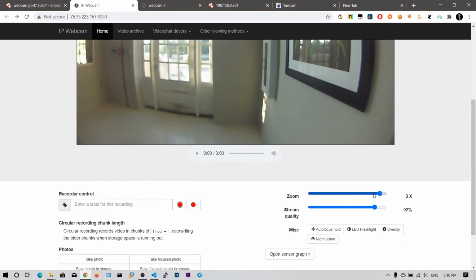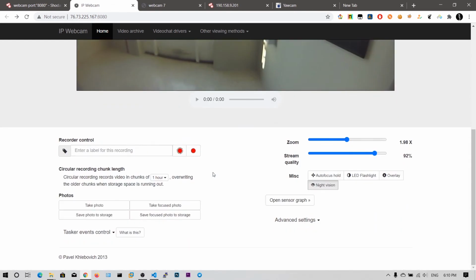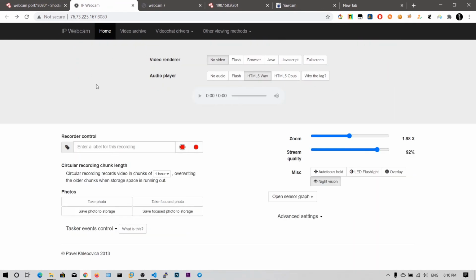So did the zoom apply? Okay, let me click on this night vision. So in this case we have no login, right? It directly, straightforwardly took us to this DVR panel. That's why.